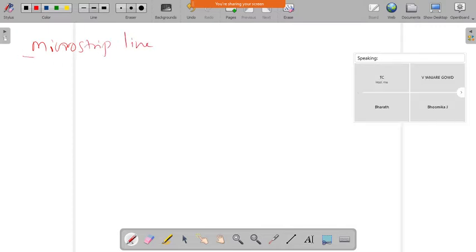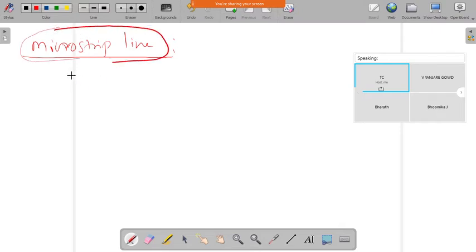Microstrip line. This is very important, because in our microwave or RF circuits, and even in the passive or active circuits, it is used extensively in almost all circuits. Among all the planar transmission lines, the microstrip line is the most widely used planar transmission line. So what are the advantages of this microstrip line?